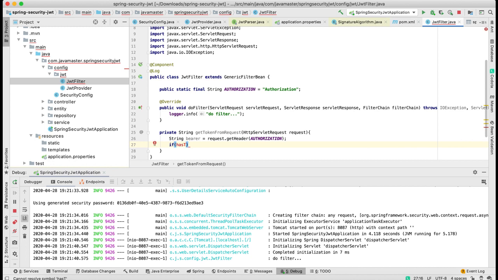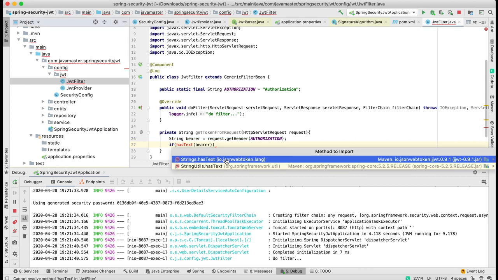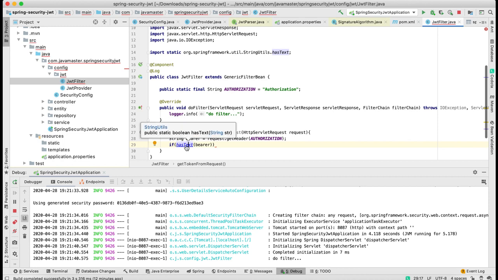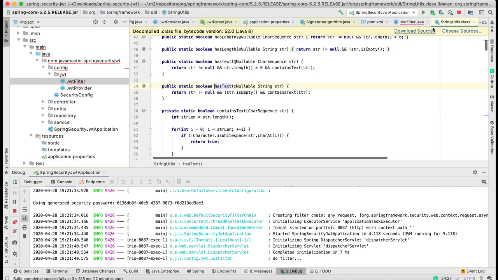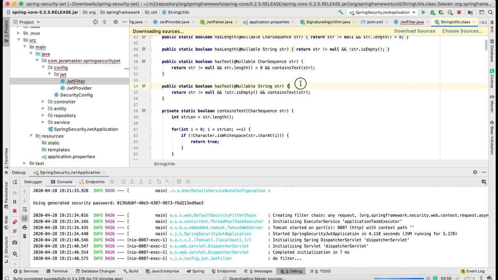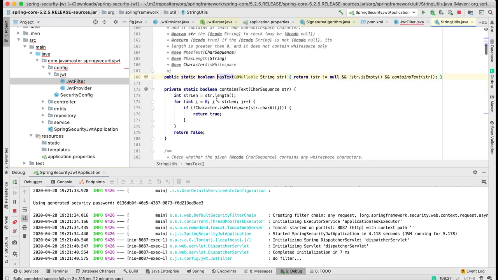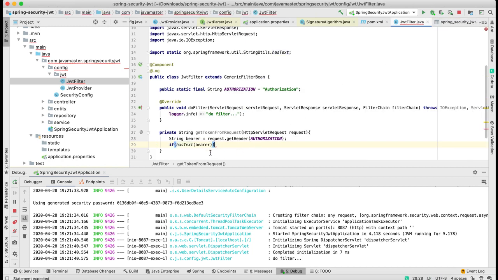Method name hasText. This is just a method from the string utils. You know, string utils is a very useful library. It has some very useful methods. For example, hasText, which checks your string for null, and also checks if your string is not empty. So I'm gonna call hasText and reduce my code to write,